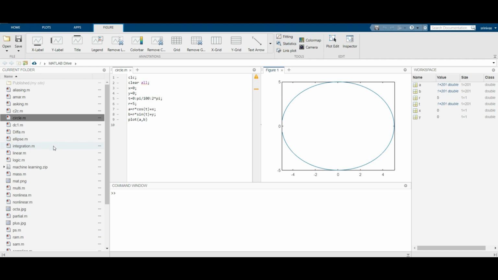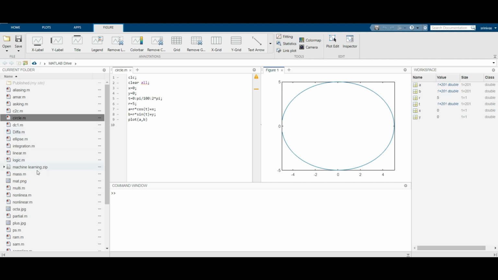Concentric circle is the same as the circle equation, but we have the same center, right, but different radius. For different radius, different equations you need to consider. It means that if I am taking r equals 5 in the same equation, but instead of small r I replace that value with capital R, then it may be less than or it may be greater than. For that you can see I have written the code also.